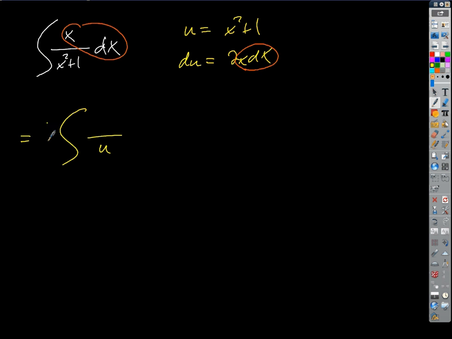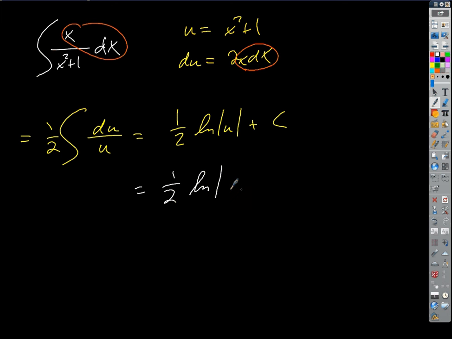Okay, so that's a 1/2 du, and what's our answer then? Okay, 1/2, then we get our natural log, absolute value of u plus c. Okay, if we reverse the substitution, we get 1/2 natural log of